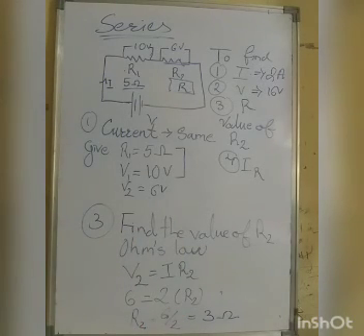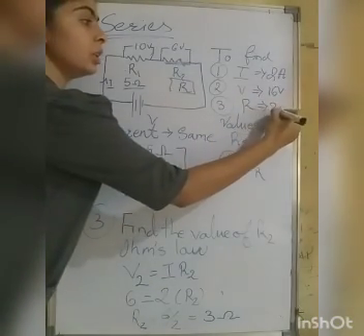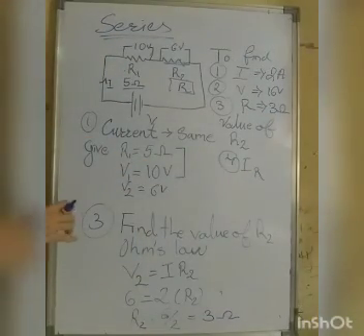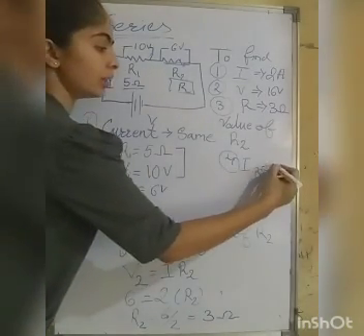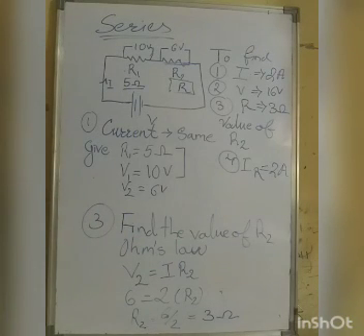So what is the value of R? That is the value of R2 you got. You got it as 3 ohms. Now just answer me. What is going to be the value of IR? As I already said, current through all the components is going to be the same. So your current is going to be the same, that is 2 amperes. So this is the way you solve the numericals of series connection.